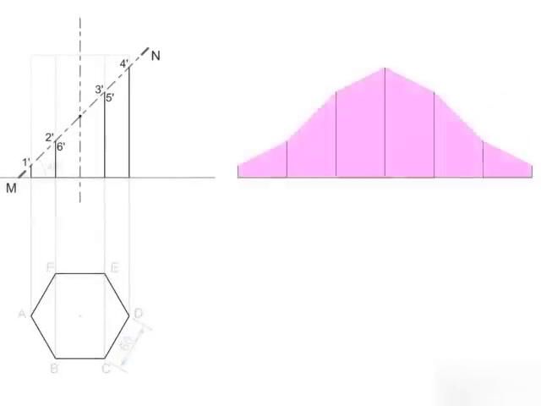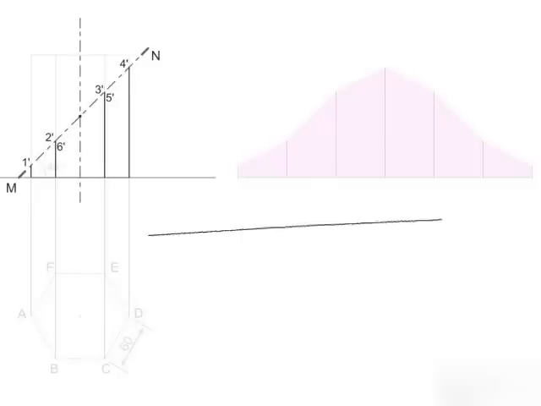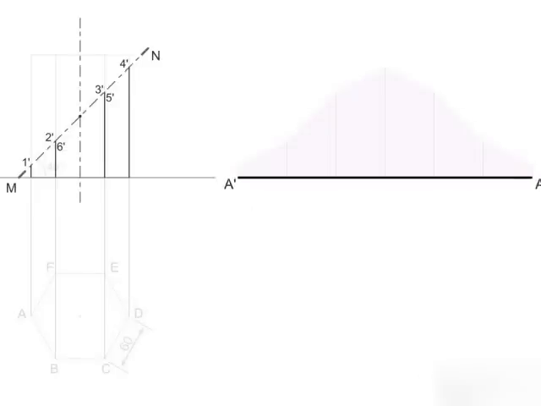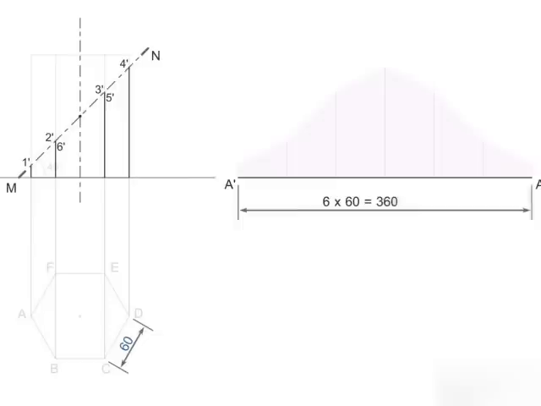To develop the surface, the prism is rolled out, making its lateral surfaces lying on a plane. The line which marks the boundaries of the rolling is known as stretch out line. It is A', here. A' has a length equal to the total side length 360 mm of the prism.